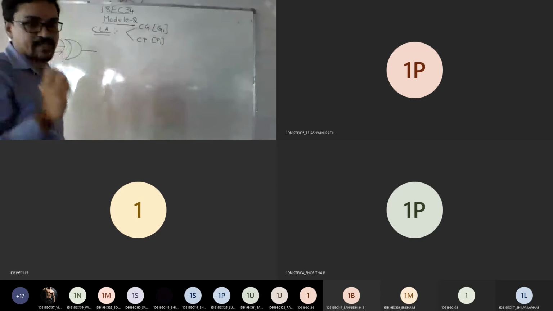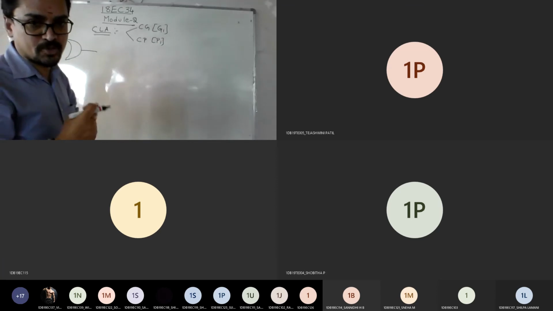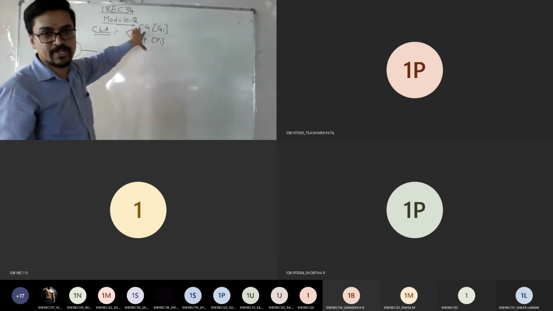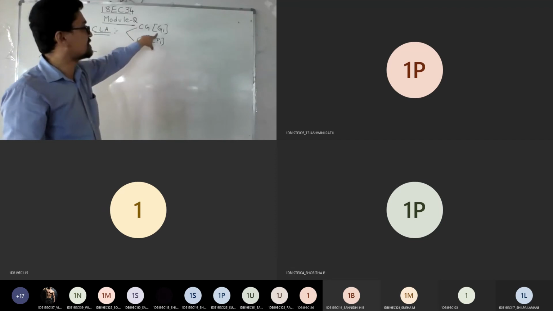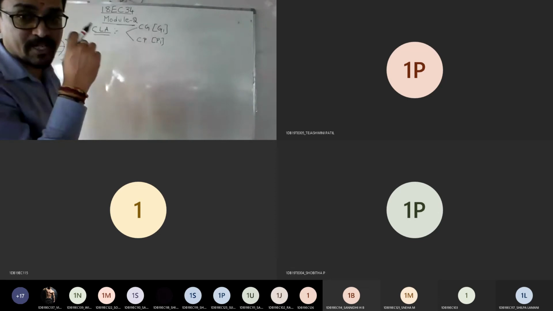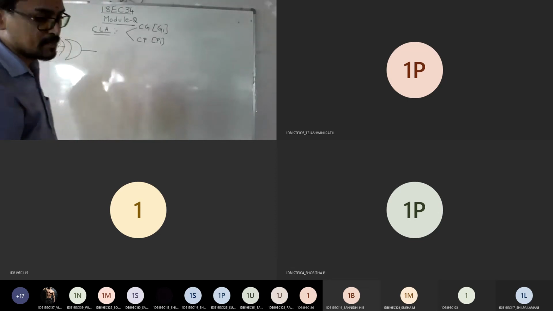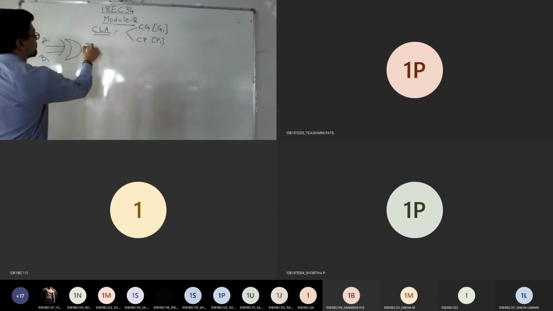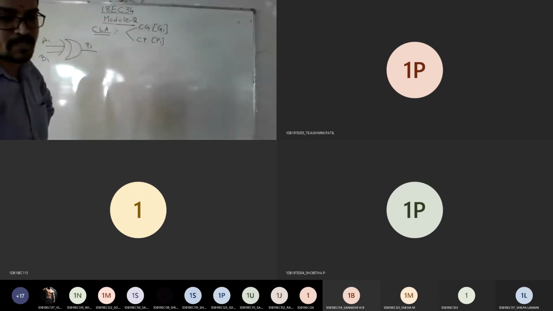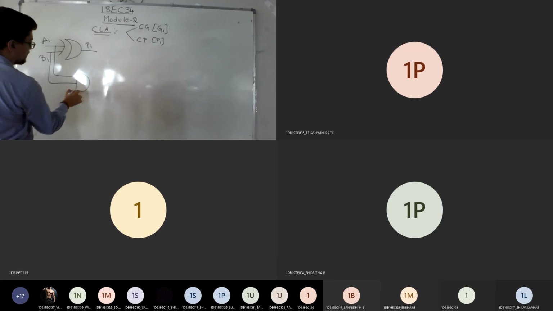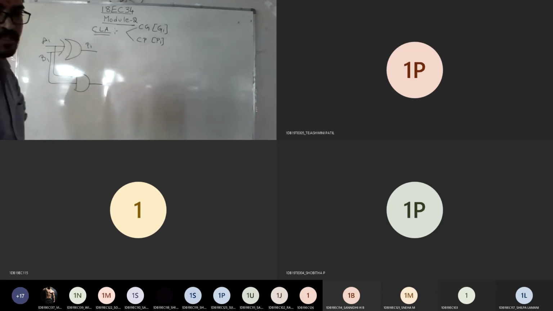I'll repeat. CLA advantage you got to know. The two major things which come out from the CLA are called carry generate and carry propagate. So designate them as GI and PI. That I indicates the values of your I. So what is the combination of this? So this is your PI, carry propagate. And if I connect two of the inputs to one AND gate, this is your GI.